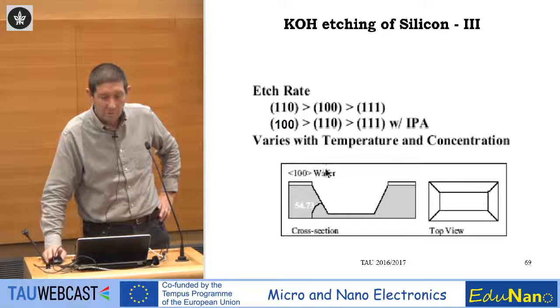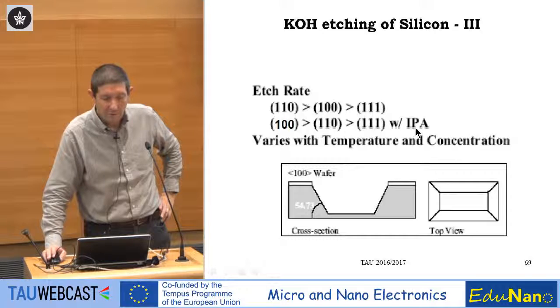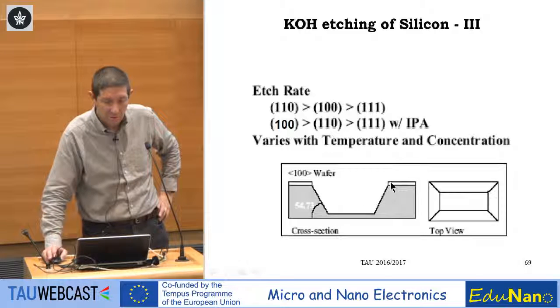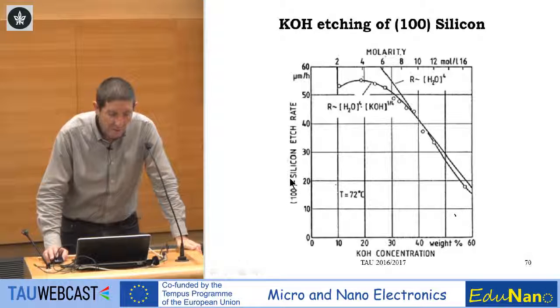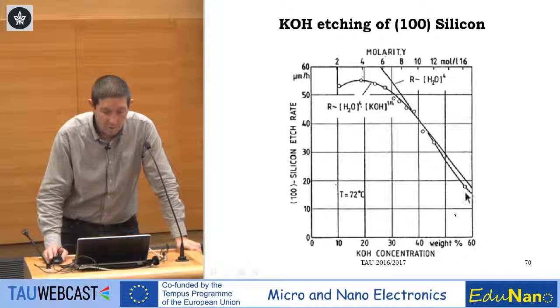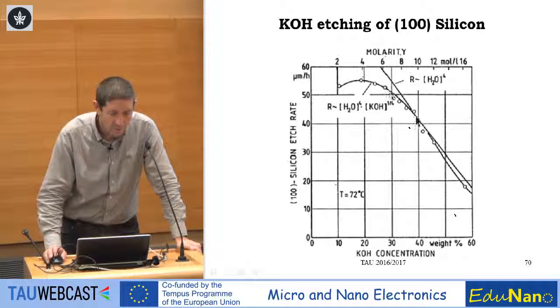So this process, as I showed you before, the etch rates, again, you add isopropyl alcohol so you can get these structures, as I showed you before. A typical silicon etch rate depends on the KOH concentration. The higher the concentration, look at the etch rate. The etch rate